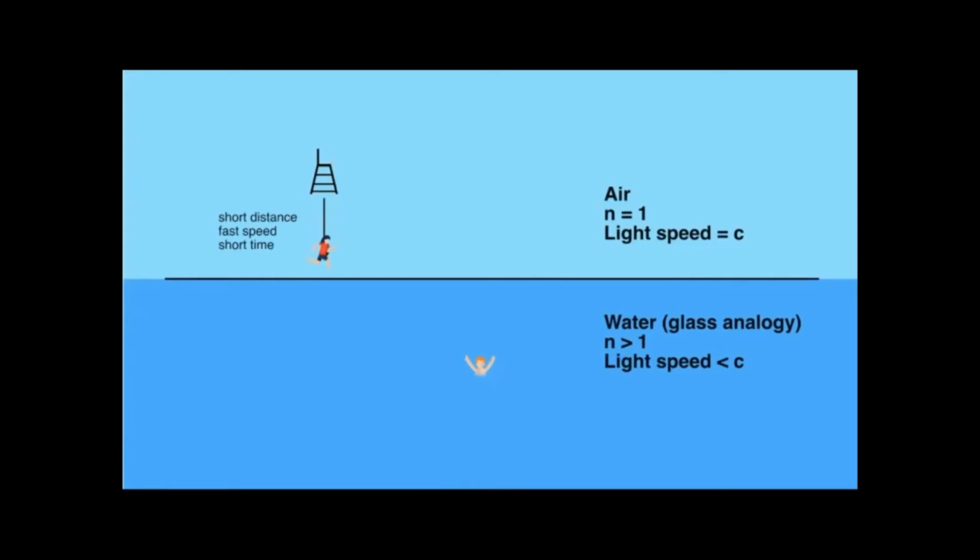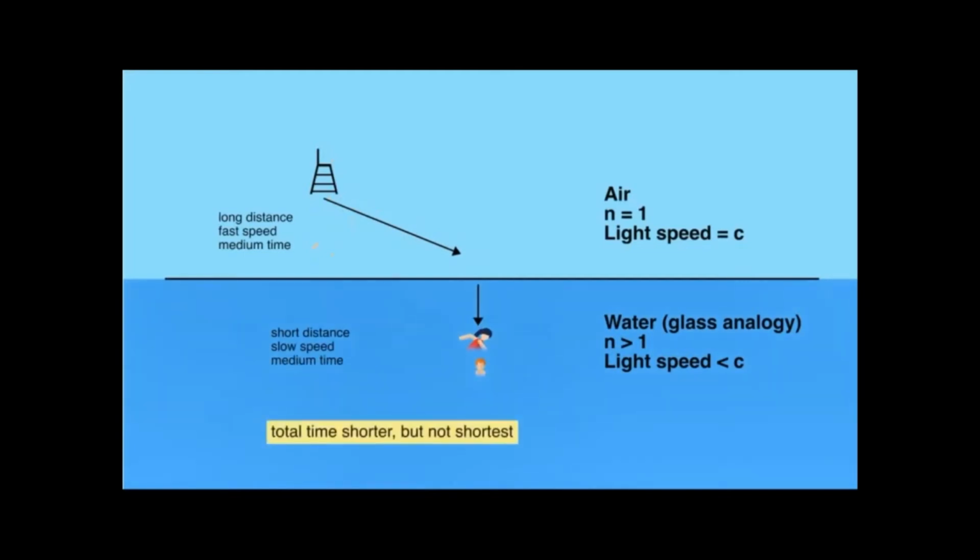He could run directly to the water and start swimming. This means he would swim a long distance, but because he can run so much faster than he can swim, that would be a bad choice. So you'd think that he might just run over to the point where the swimming portion is shortest, but that turns out not to be the shortest time either.